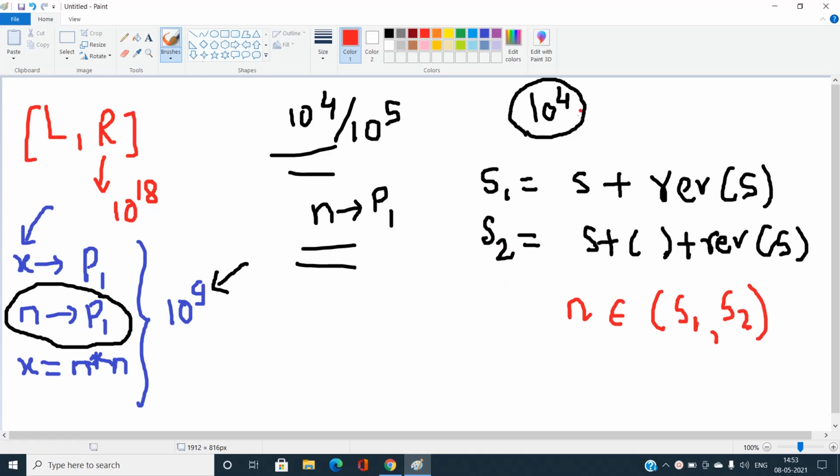But under the iterations of at most 10 power 4, if we iterate up to 10 power 4 integers, like up to 4 times 9, I just required that.